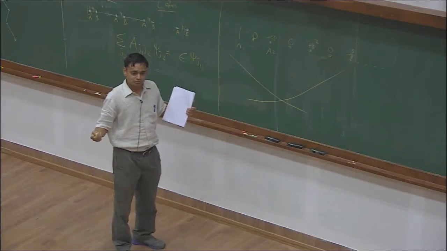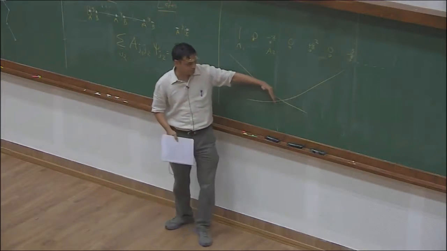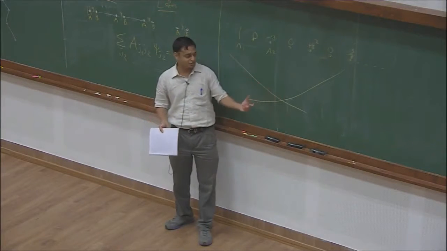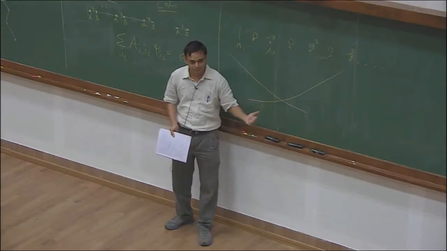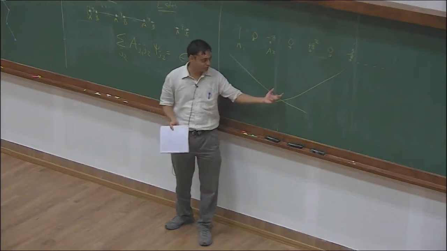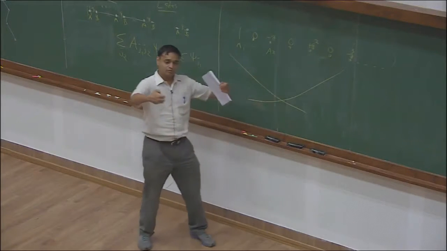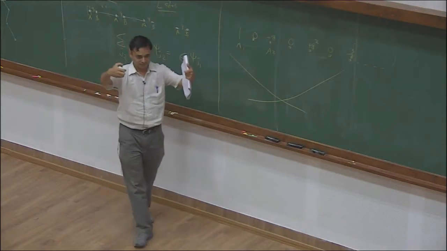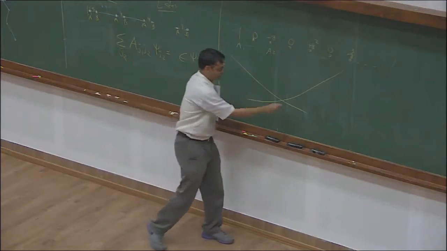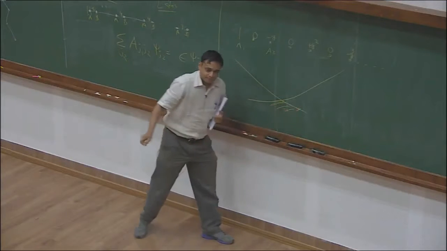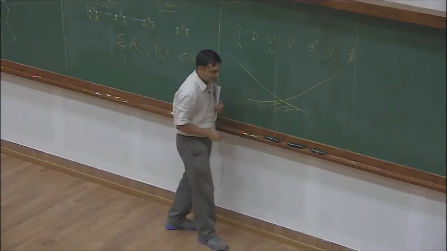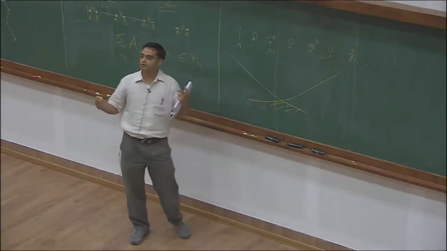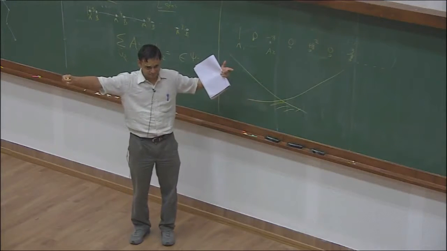What should you do? Well, you should say that these are almost the correct functions, but I should just work out the mixing between them. Now there's just two, and I should work out their mixing. The mixing we know from the usual bonding and anti-bonding orbitals in molecular orbital theory, right? The mixing is proportional to this overlap. This is decaying exponentially, that is decaying exponentially. The overlap is also decaying exponentially in L, right?